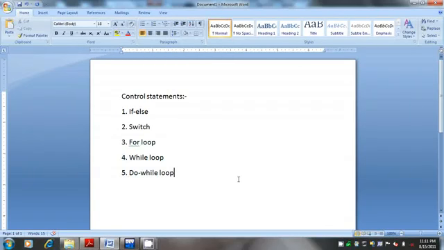The syntax of for loop is for expression 1 semicolon expression 2 semicolon expression 3. Expression 1 is generally the initialization. For example, say I is equal to 0, and expression 2 is the terminating condition or a relational expression, that is, say I